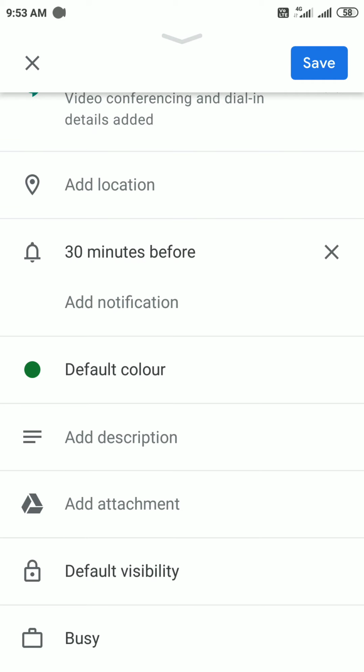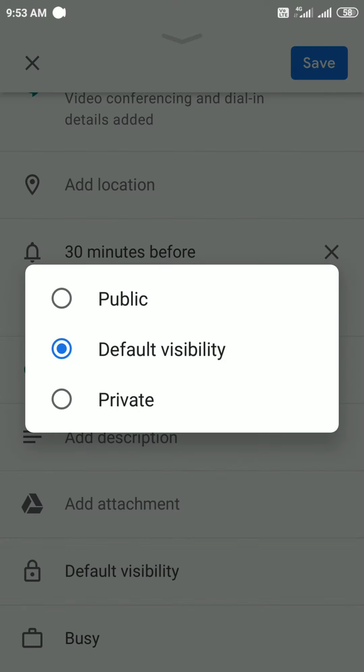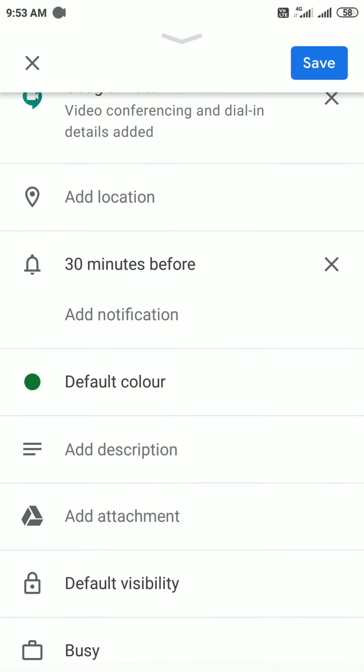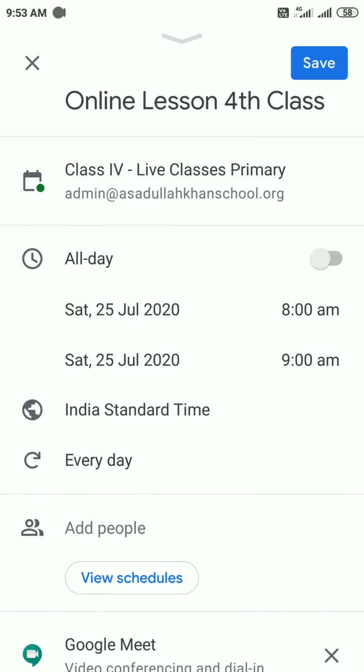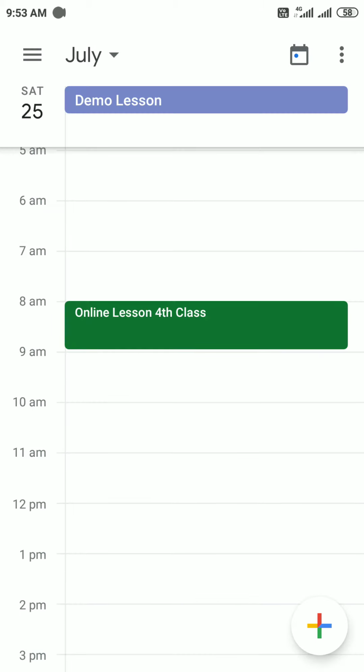There is a description column and an attachment column, so you can skip those also. Default visibility, keep it as default only. Now you have to save this. So one part is over. After saving, you need that Google Meet link.